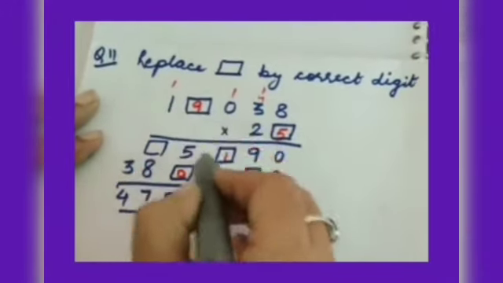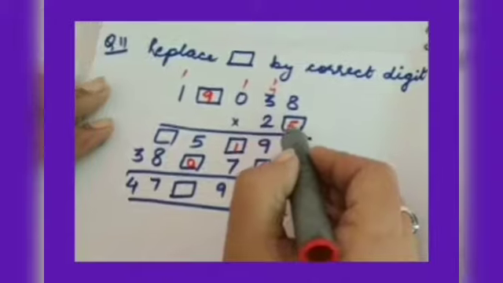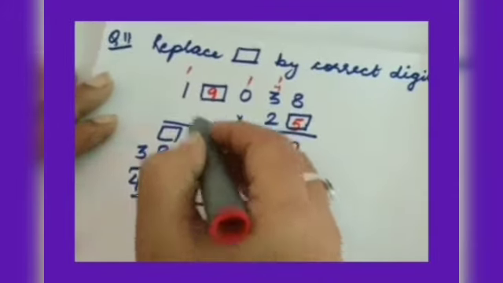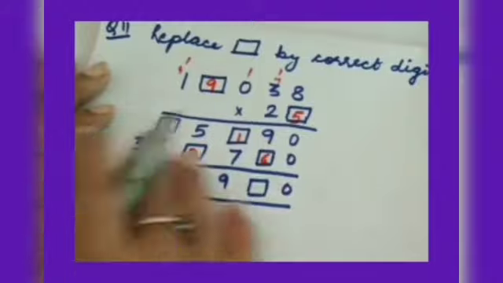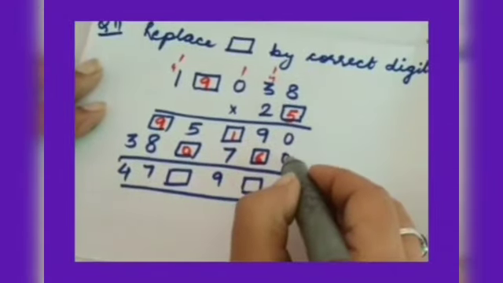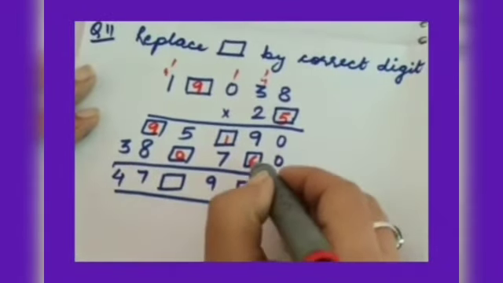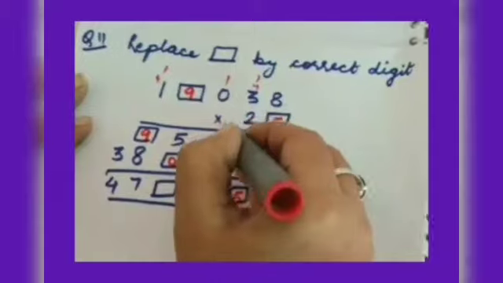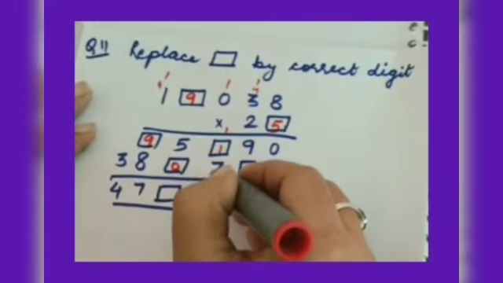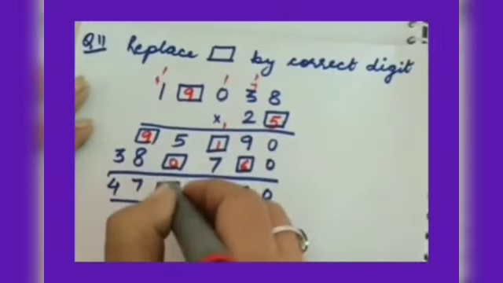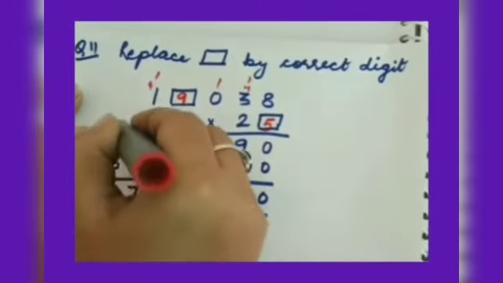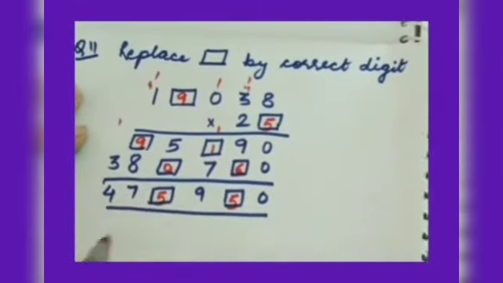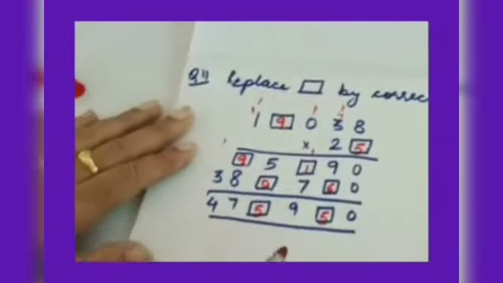So now coming back to the first number 5 and multiplying here, 5 9s are 45, 5 here 4 carry, 5 1s are 5, 5 plus 4 is 9. Now adding all the numbers, 0 plus 0 makes it 0, 9 plus 6 is 15, 5 here 1 carry, 1 and 1 is 2, 2 plus 7 is 9, correct. 5 plus 0 is 5, 9 and 8 add up to 17, 7 here 1 carry, 3 plus 1 is 4. So this is how we can fill the blank spaces.